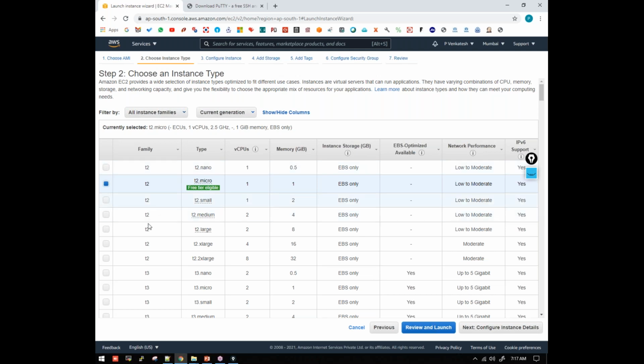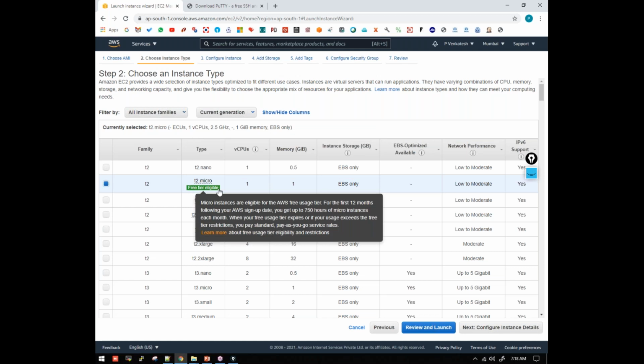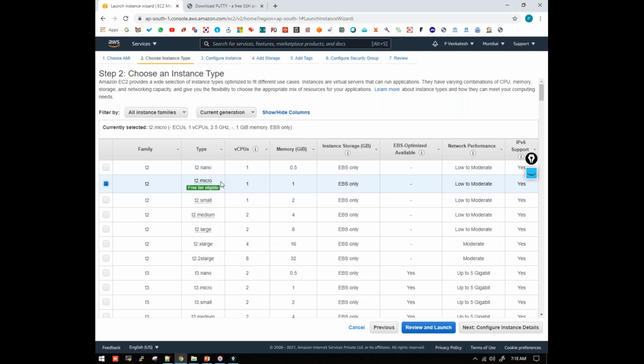Similarly, we have different instance types with different CPU cores and RAM. Here we can see free tier eligible. T2 micro is a free tier eligible instance type, which means that if a free tier user account is using this T2 micro, he will not be charged. So we have to select this. You can select another one also, but you will be charged for your account.